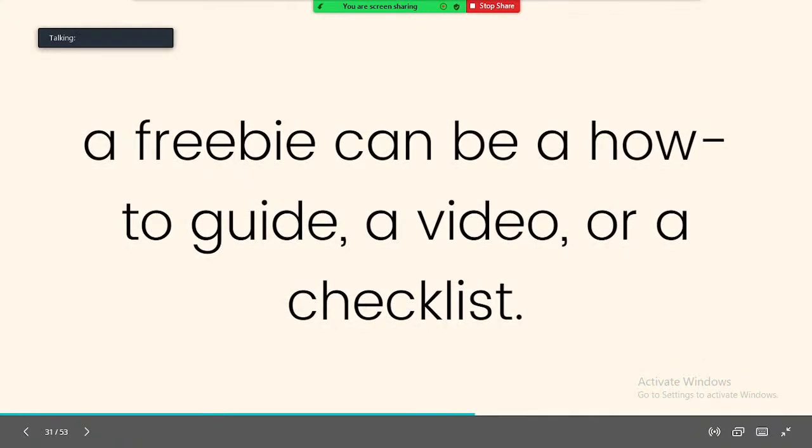So a freebie for you can be a how-to guide. Hey, how to get better at this, how I get this many clients in 5 days, how you can gain 5 pounds within 1 month or something, because I am a skinny guy, so I may need something like that. And how you can lose 10 pounds in 30 days, something like that. A PDF guide or a video training, maybe a 5-minute video, 10-minute video, or a checklist. Sometimes you need a checklist, and this is going to be really fun for you.